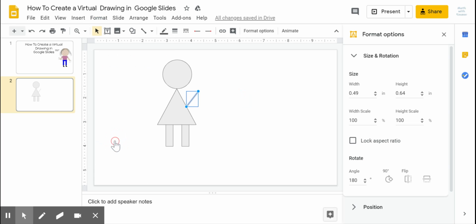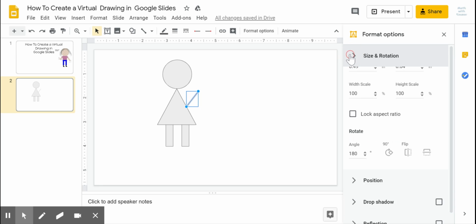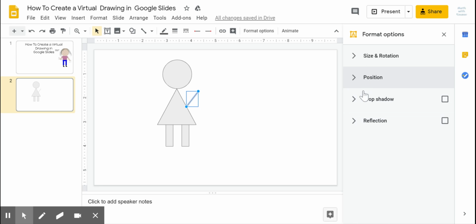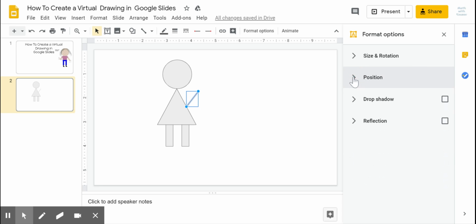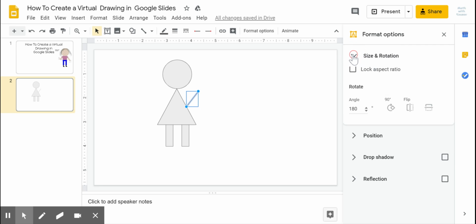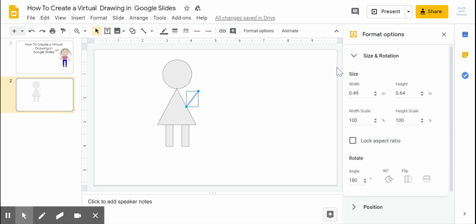So format options. And right now I have the size and rotation open, which you can, again, there's so many different things that you can do here. You can change the position of it, but we're going to focus on the easiest stuff. So we're going to focus mostly on the size and rotation. So again, I want this on the other side. So what I'm going to do is I'm going to,